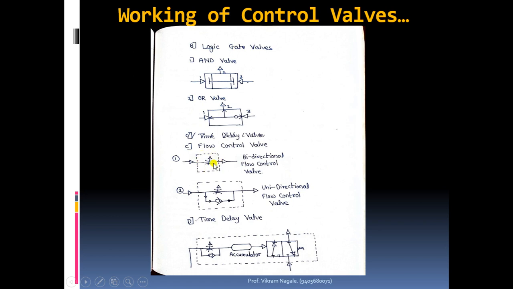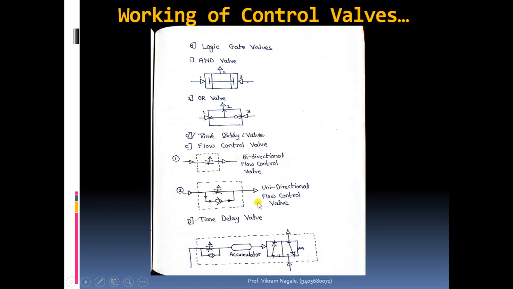Okay, means the cross section of this lining, there will be a component there and it will have a knob. By using that knob we can rotate it and we can vary the cross section of this lining. Okay, so that is the flow control valve. So we can send air from left to right and by rotating the knob we can control the flow rate for the compressed air, as well as whenever we are reversing the flow, that means whenever we want to send the air from right side to the left side, then also we can use the same knob for the valve and we can control the flow rate.